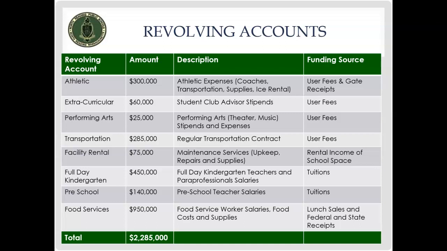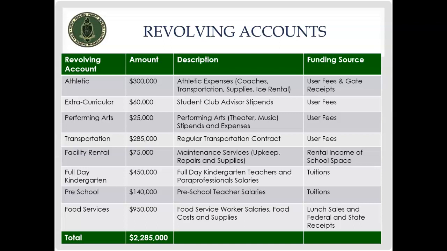Then we have our tuition-based programs, full-day kindergarten and preschool. The tuition for these programs is a direct offset for our direct costs, mainly the kindergarten teachers and paraprofessionals and preschool teachers and paras working in those programs with those students.